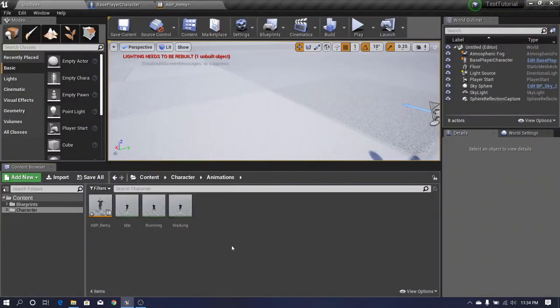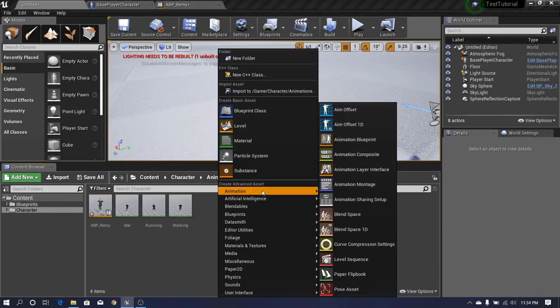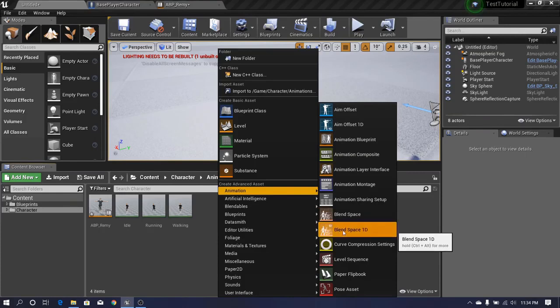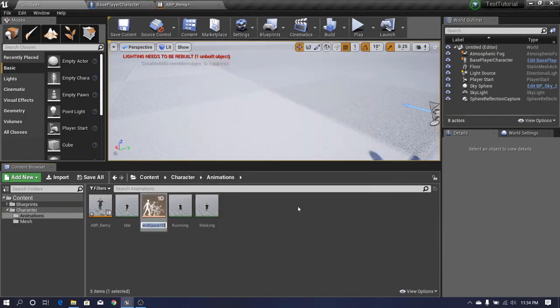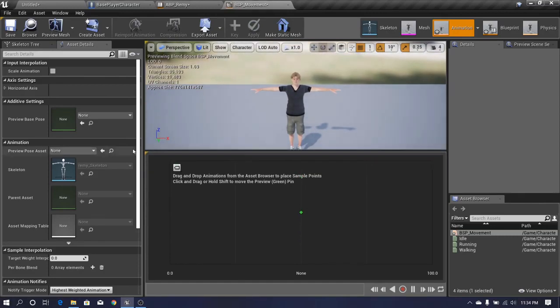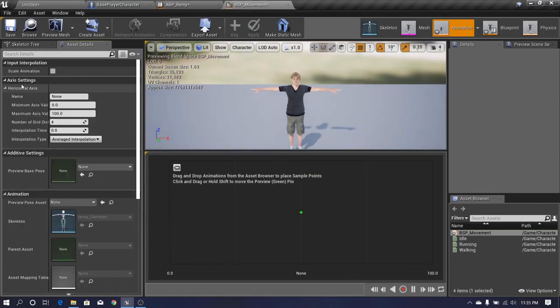and now I need a blend space to blend these three animations. Go to the animation tab and click blend space. I'll choose this blend space 1D. I'll name it BSP movement and open it. Okay, it's a graph like this. I'll change this axis settings, horizontal axis name, speed,